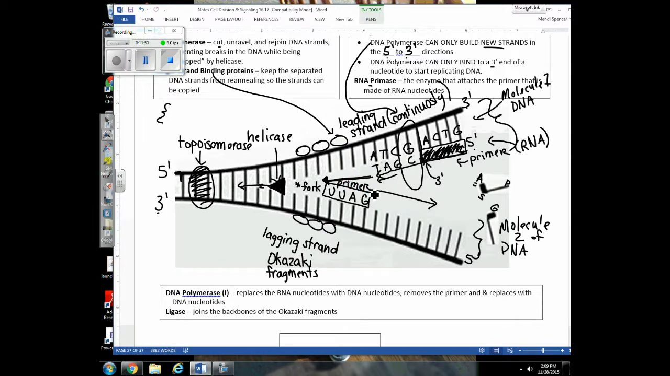So here's the primer. And now again we have a 3' end here because this ends 5'. And we now have a place here where DNA polymerase 3 can attach on and it can continue replicating. But again, it has to make that new strand in that 5' to 3' direction. So you're going to see as helicase continues to unzip the DNA, it then creates an area here that can